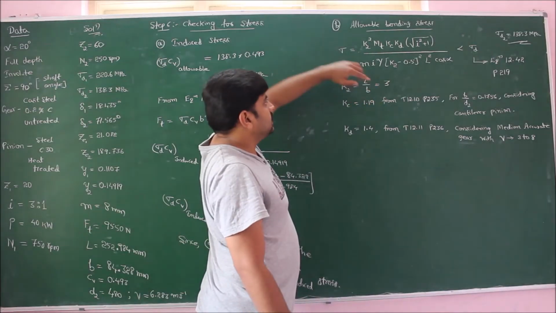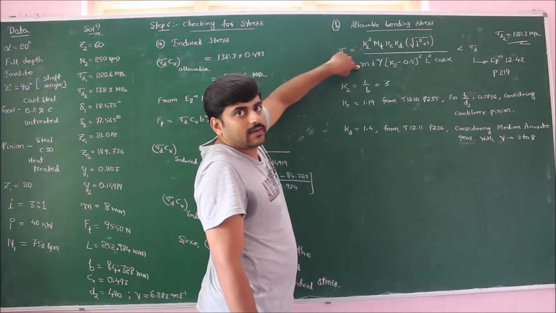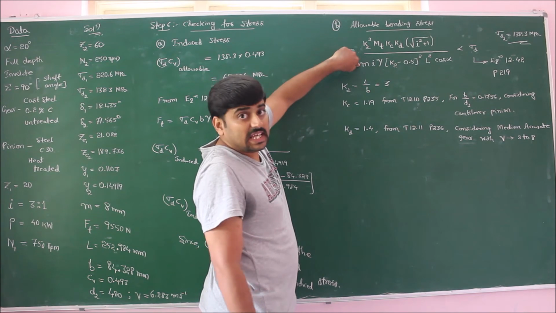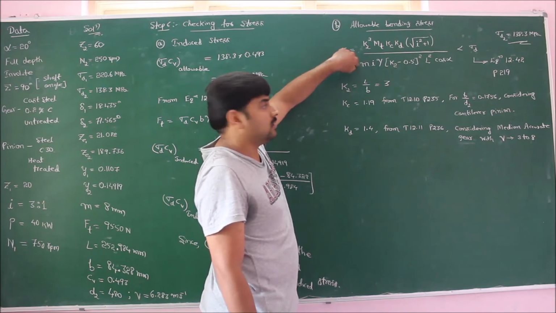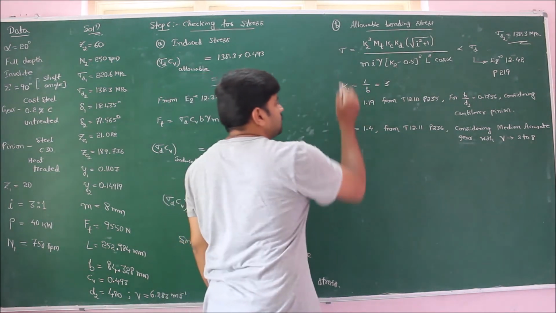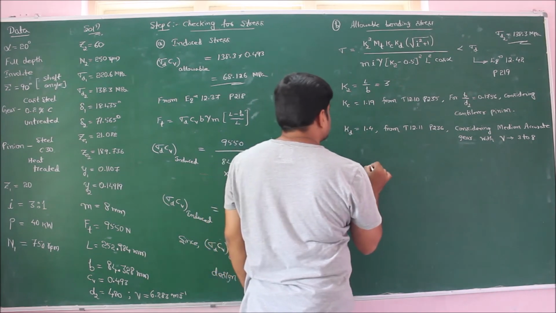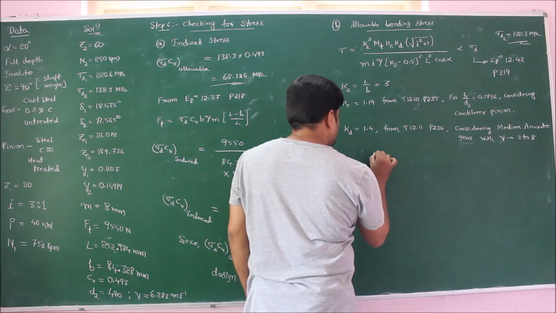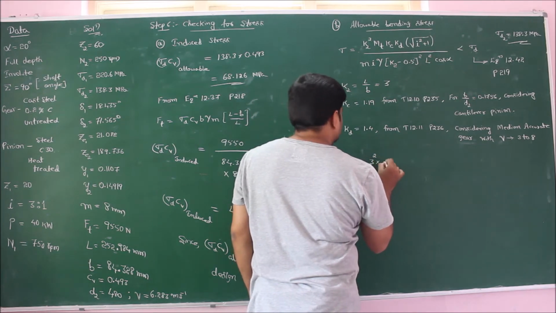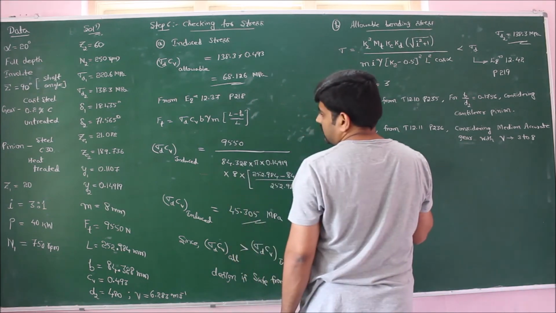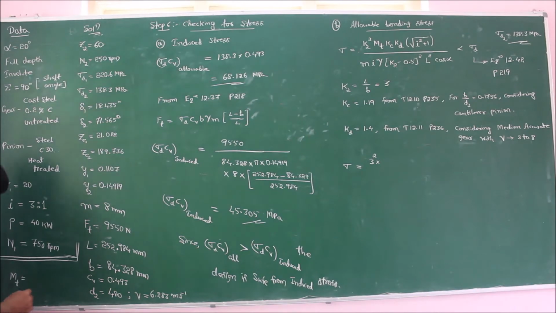One important note is that there is a printing mistake in our design data handbook. This is not N, this is M, module. We know all the values. If I substitute and solve, I will get the allowable bending stress sigma as 3 square times the torque. Mt, we have already calculated the value of Mt, which is 22,92,000 Newton millimeters.